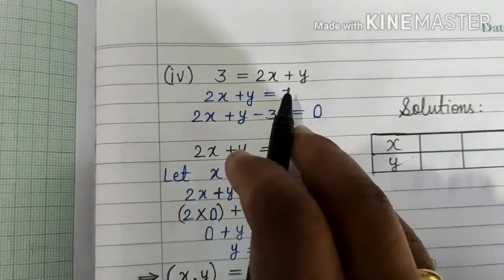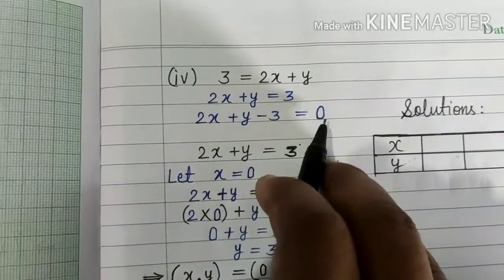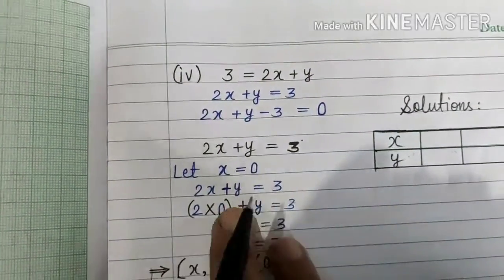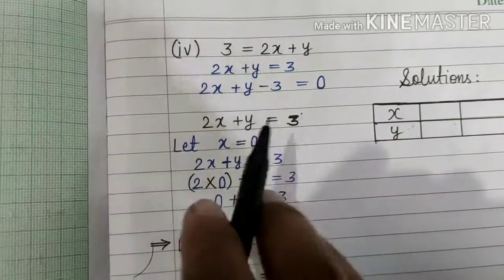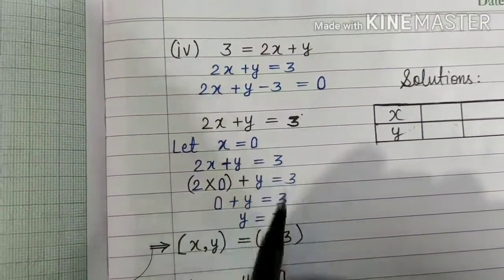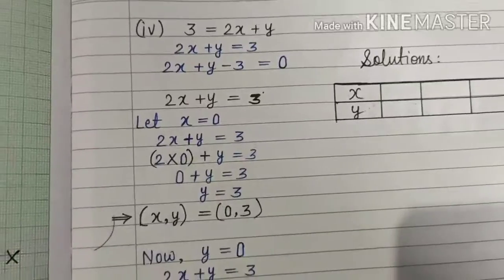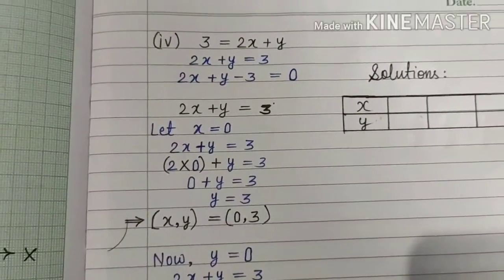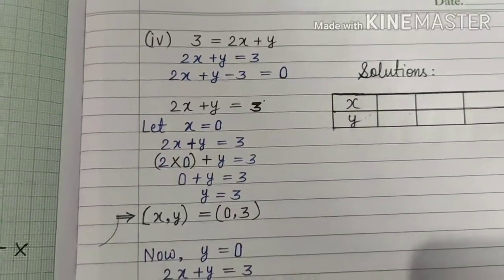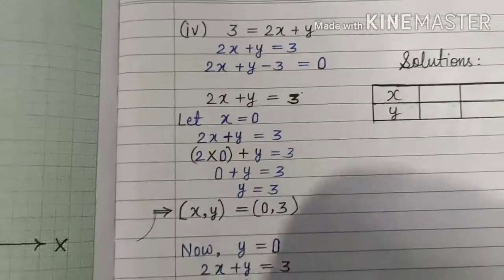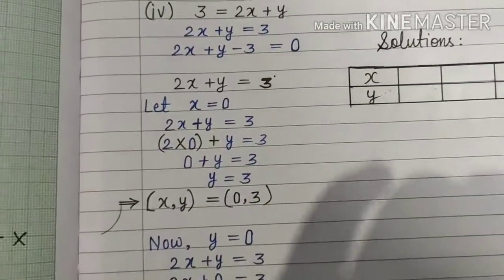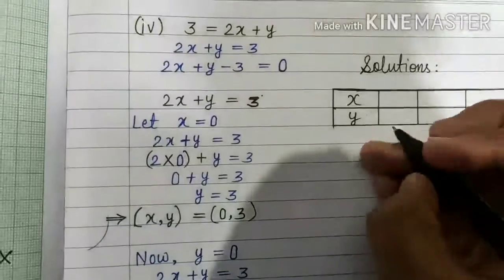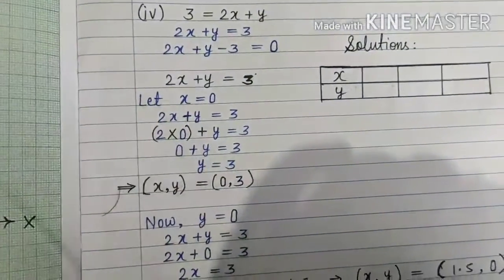Now for 2x plus y, if we take this 3 to this side, it becomes minus 3 equals 0. So it comes in that form, ax plus by plus c equals 0. But it's better to write this 3 on the right hand side only. So 2x plus y equals 3. Now as I told you, in order to draw the graph of the equation, what do we have to do first? First we have to find at least 2 solutions. On the basis of those 2 solutions we can draw the graph. But it is recommended to find at least 3 solutions, which is also no problem. Therefore first we are assuming x equals 0.